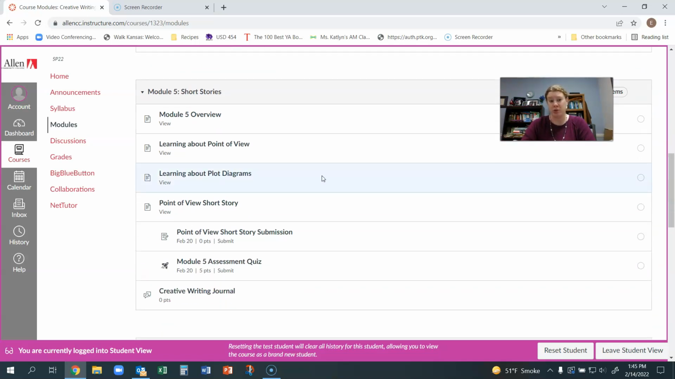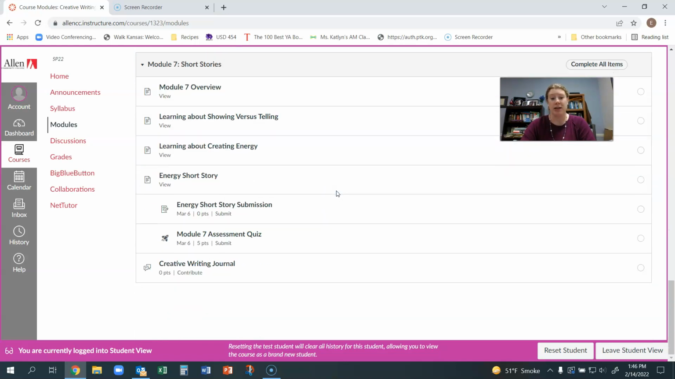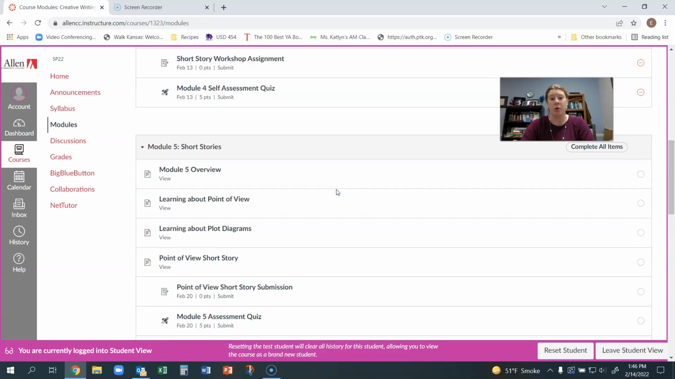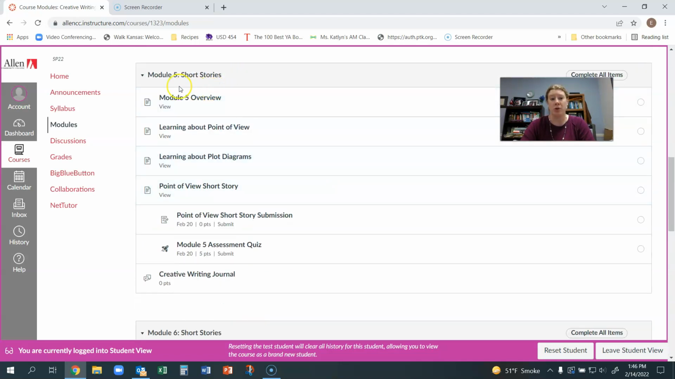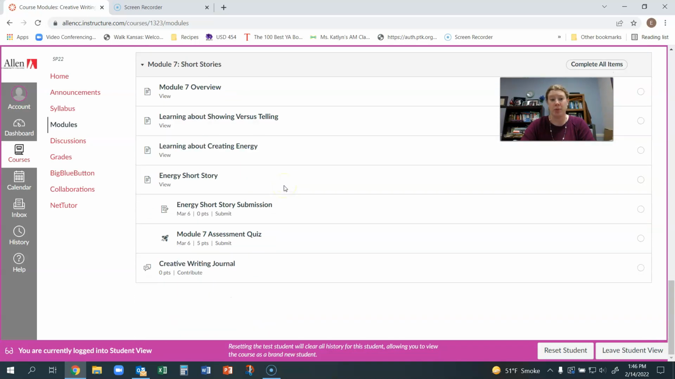So there are 3 stories that you are submitting in the short story unit, and that spans several modules. I just have them divided out into separate modules for turning in. So when you are working on the point of view story, then you can look in module 5. I have a few things linked in here, just some additional further information for you to help out with writing